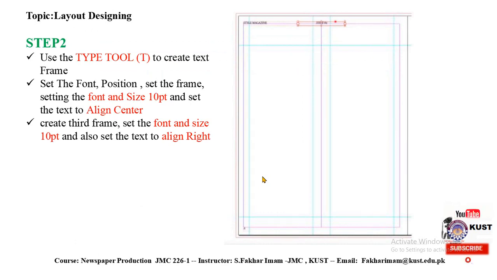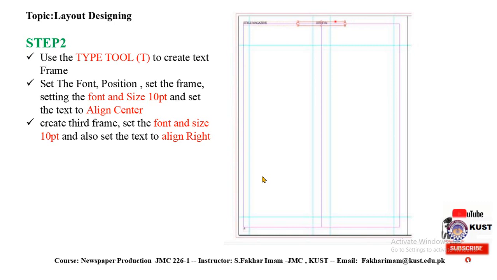Step 2, you can also add running headers to the master spread. Here you should use the type tool to create two text frames, one at the top left-hand corner of the left page for the name of the magazine. Position the other text frame centrally at the top of the left page, typing in the issue number. Like here we have the example, Cust Views and issue number 1. Create the third text frame, positioning it at the top right corner of the right-hand page of the master. This is the perfect place to put the name of your article.